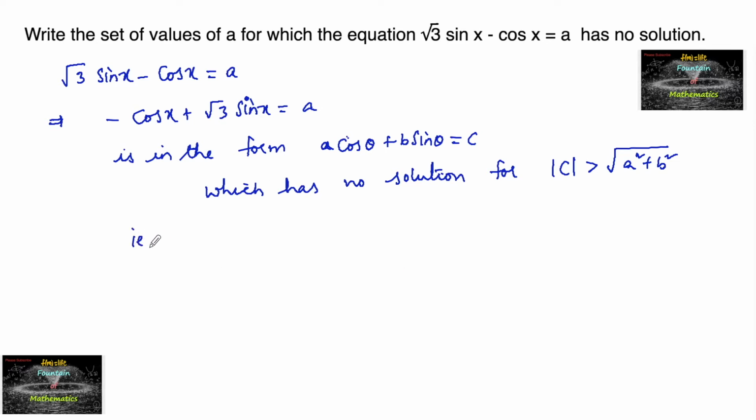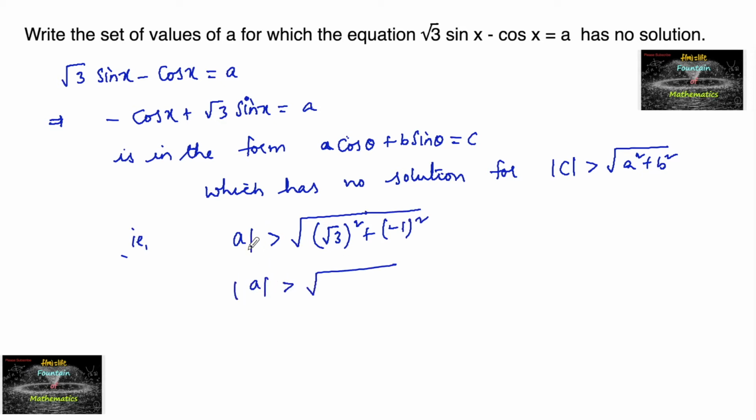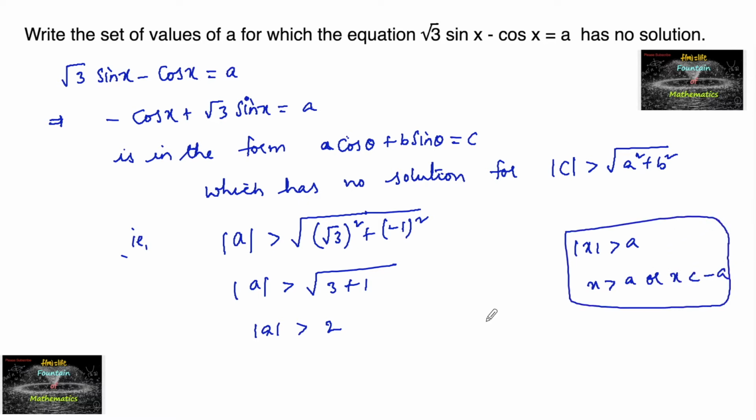So here c is nothing but a, which should be greater than root over a square plus b square, that is root of root 3 whole square plus minus 1 whole square. So mod a is greater than root of 3 plus 1, so mod a is greater than root 4, that is 2. So mod a greater than 2 means, like mod x greater than a, we have x greater than a or x less than minus a. So by using this formula, mod a greater than 2 means a greater than 2 or